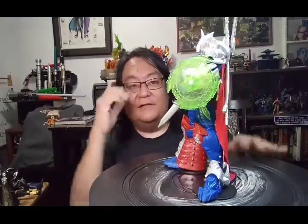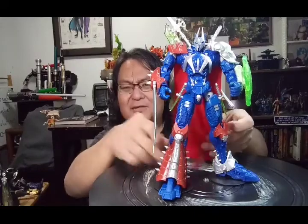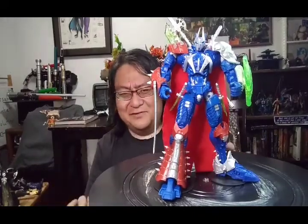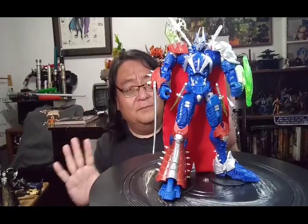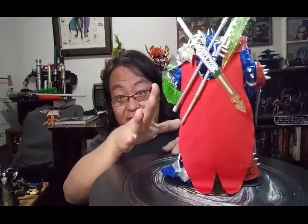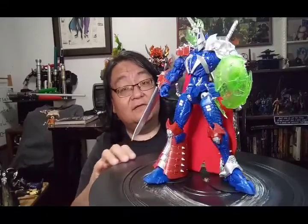If you want to get a better idea how the pieces fit and everything, the McFarlane website is actually really kind of cool. Often the websites for manufacturers get a little, I don't know. They're good at updating it, and the nice thing is you get a lot of pictures of the figure and the configuration for making sure you get the pegs in right. But yeah, if you look at this,